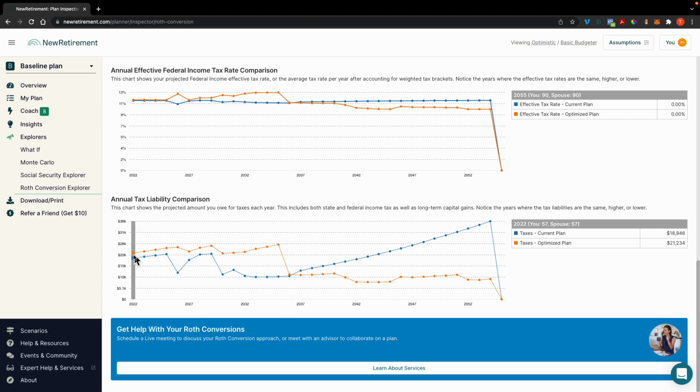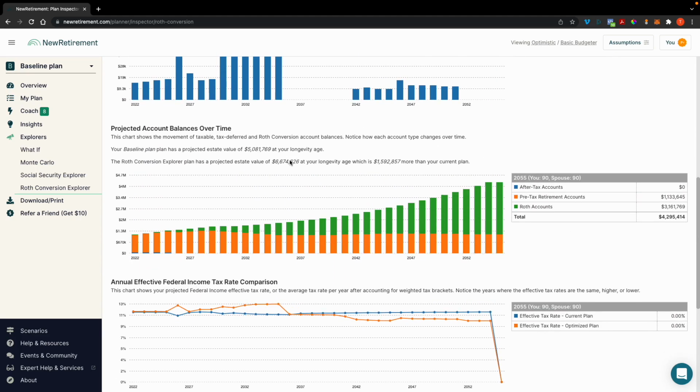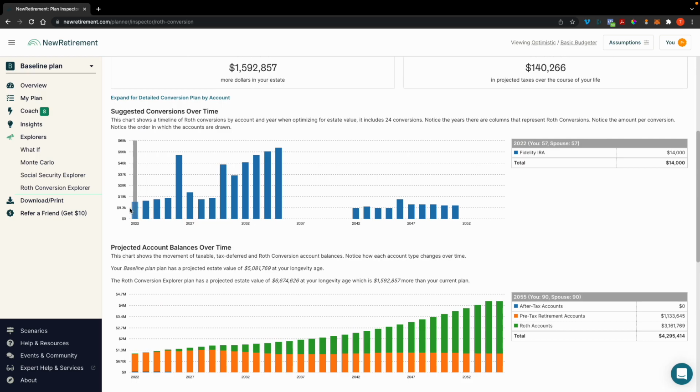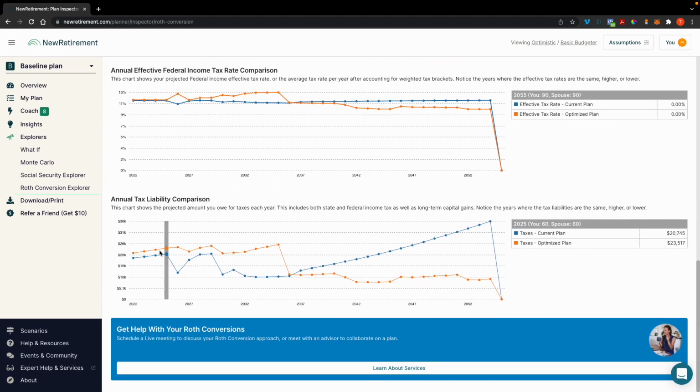So you can see here, if you do follow this schedule, and again, we don't have many students who follow this exactly, mostly because they just can't afford the tax bill to convert. Some can, but most can't. And so you can see that over the first few years, or the first 10 to 12 years, it is pretty stressful. It's a little bit higher in taxes, right? But then once you start getting to 72, when RMDs start kicking in, that's when you can see the benefit of paying much less in taxes over time.